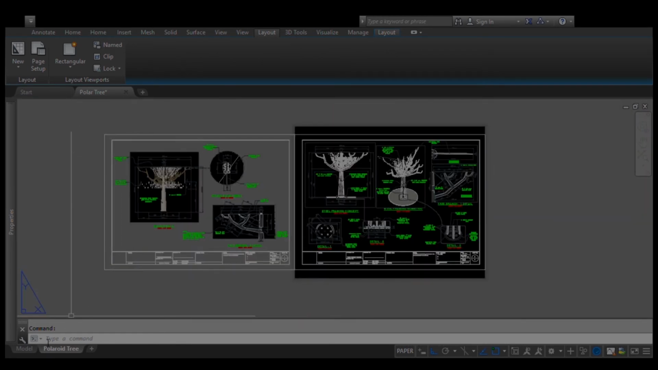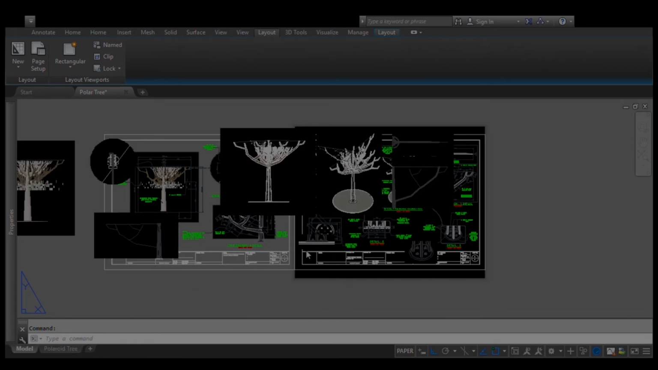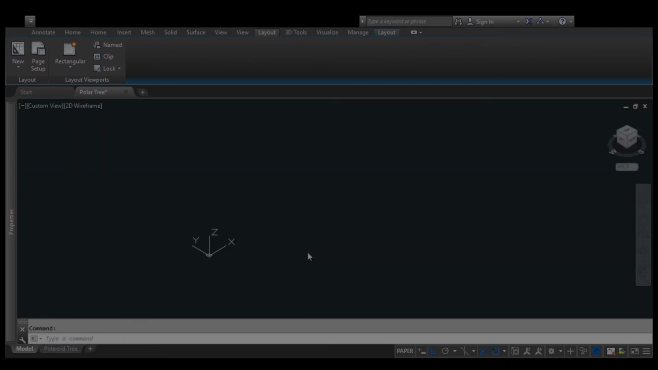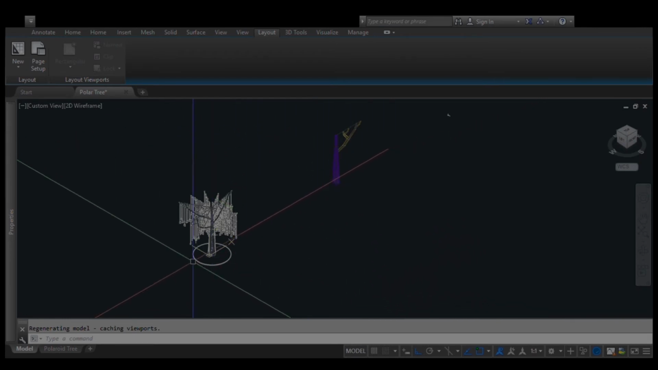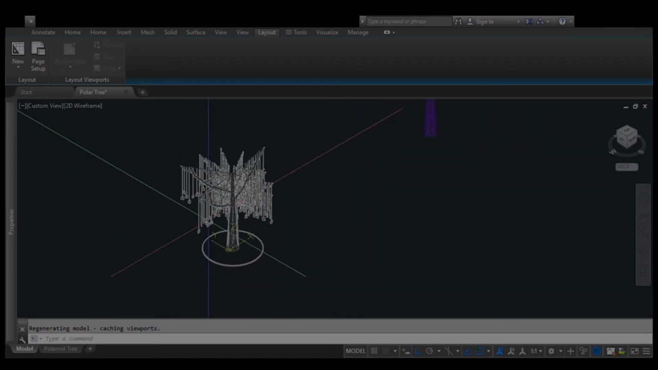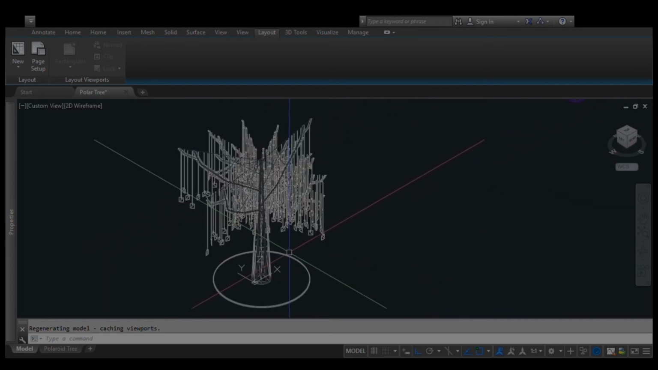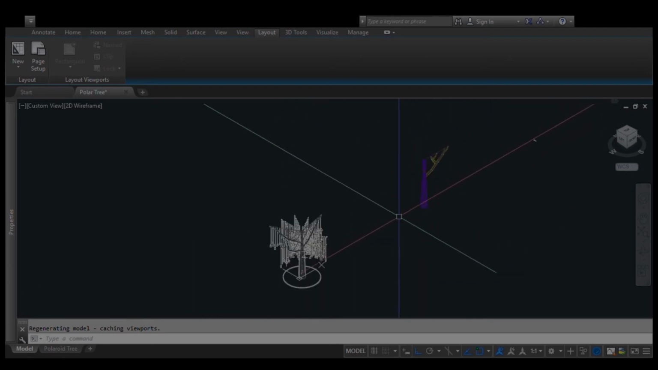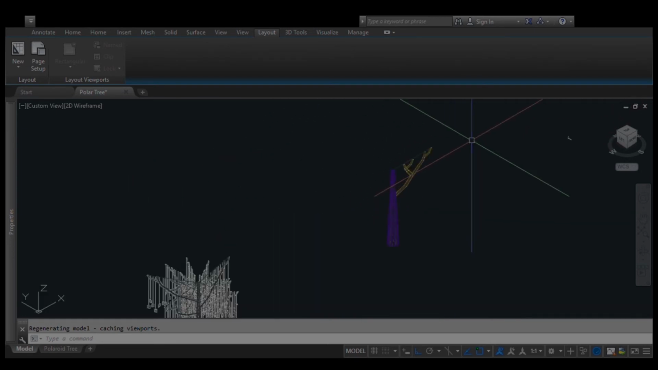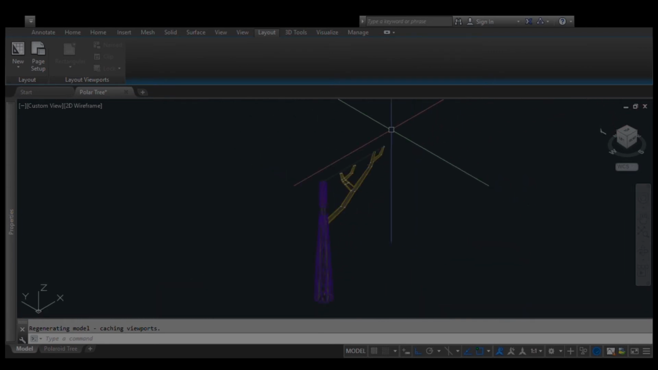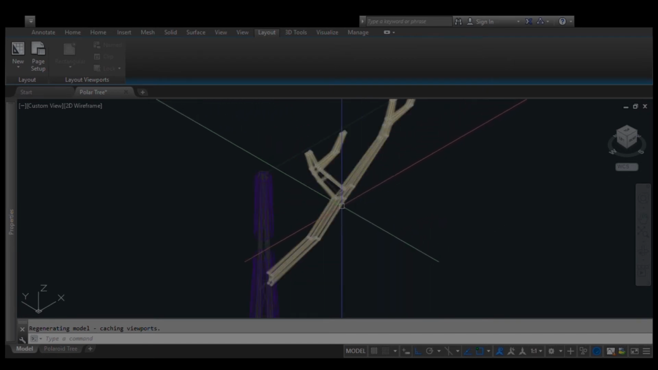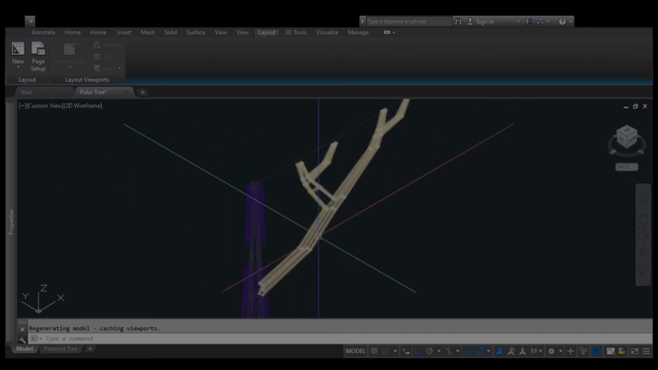So again, this is a 3D model. This was created using 3D Max, and after the design was approved, it was imported to AutoCAD. So we have here two models. I put this one because I need to organize the section. I only want to show this part of that tree,